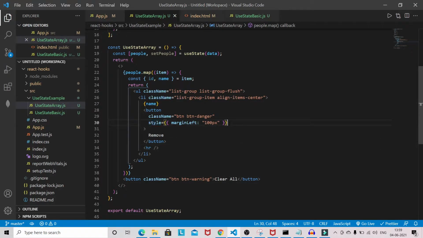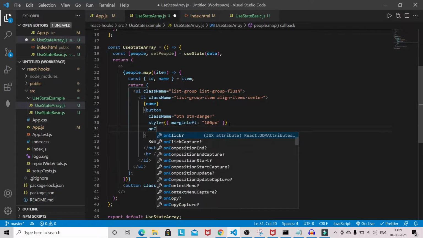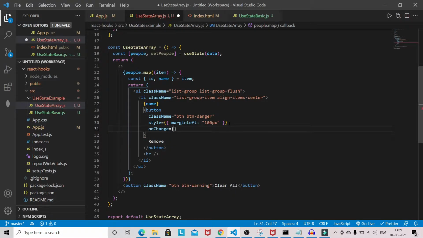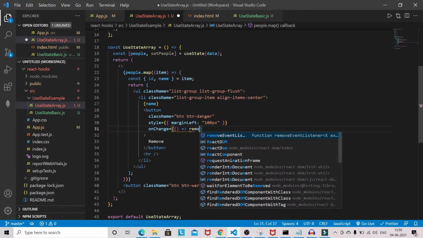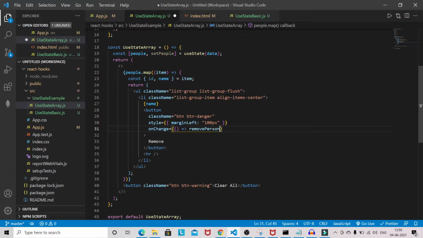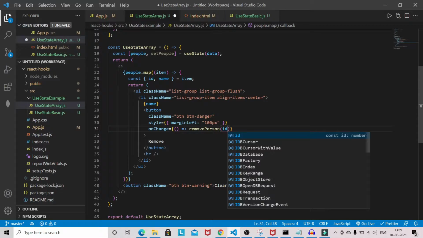So let's give one onChange. I will give removePerson, and I will pass the id.